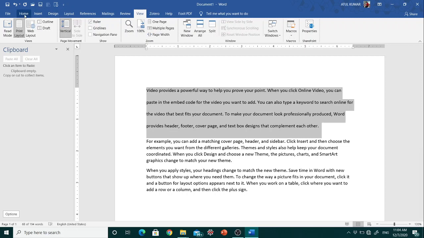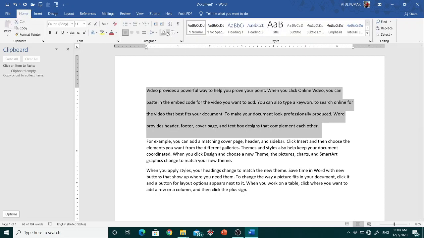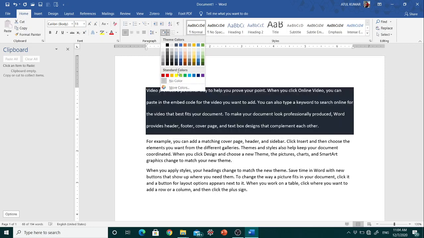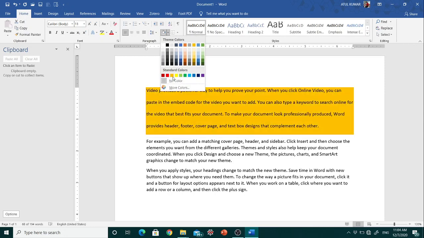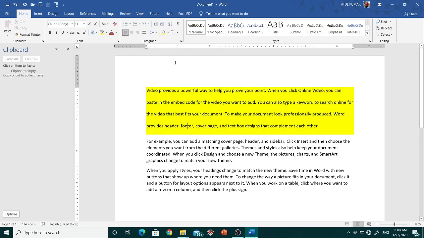Again, in the Home tab, the next option is the Shading option. If you want to change the color behind the selected text, paragraph or table, then there is an option to make your paragraph background color. Suppose I'm giving yellow color. So this one is the shading option.